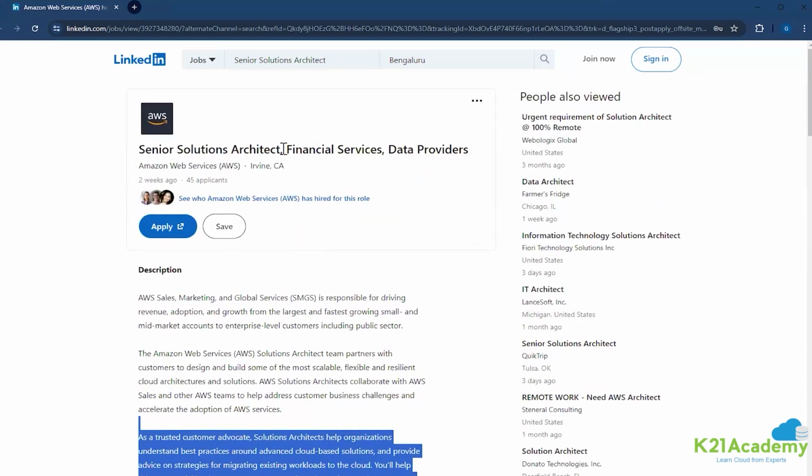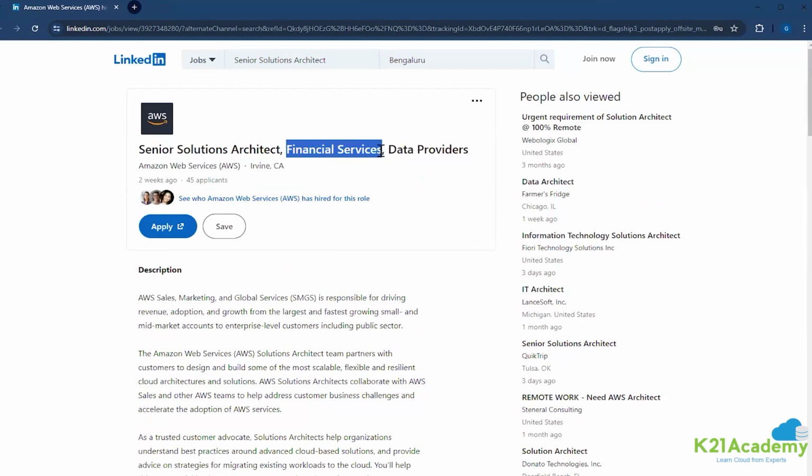But my only concern is that they've clearly mentioned it's for fintech. Senior solution architect, financial services; senior solution architect, manufacturing; senior solution architect, food and beverage; senior solution architect for startups; senior solution architect for large enterprise and government; senior solution architect for digital natives, the companies that were born on cloud, AWS, Azure.